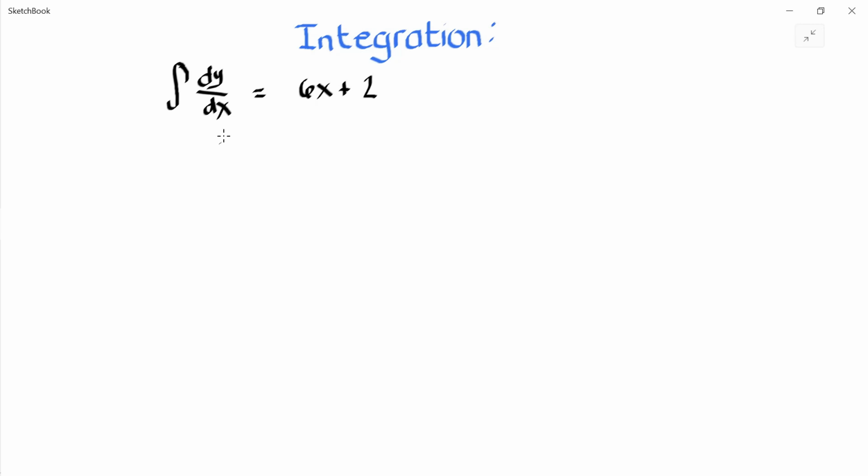To solve this one, we multiply dx on both sides, therefore we get dy is equal to 6x plus 2 dx, and we apply the integration on both sides. Therefore, the integral of dy is nothing but y. And if we integrate this particular term, we can do it term by term. So this is an integral of 6x dx